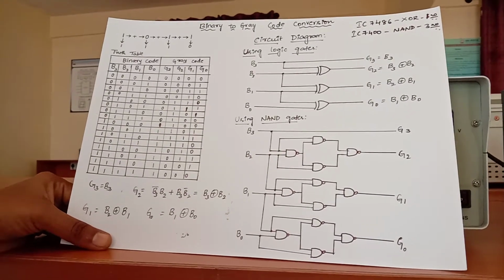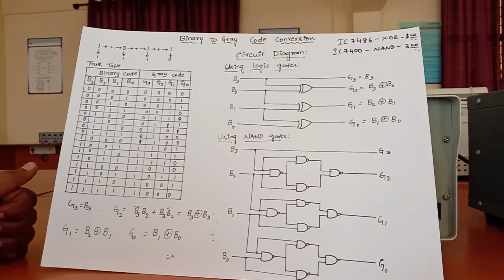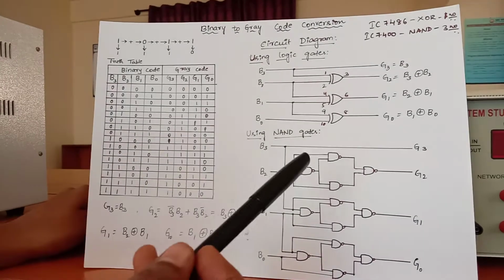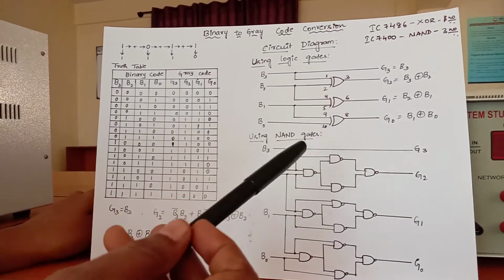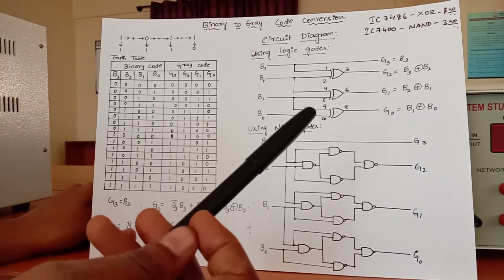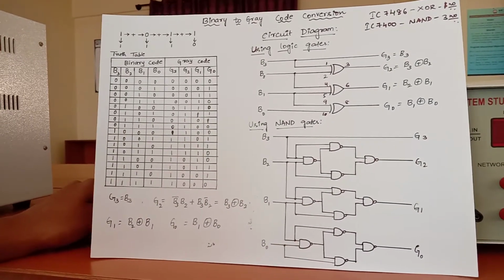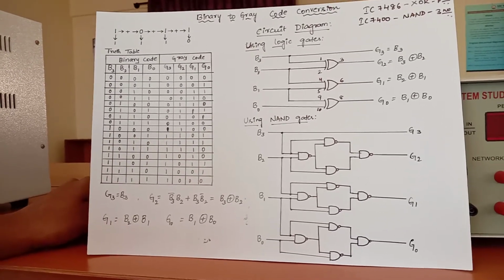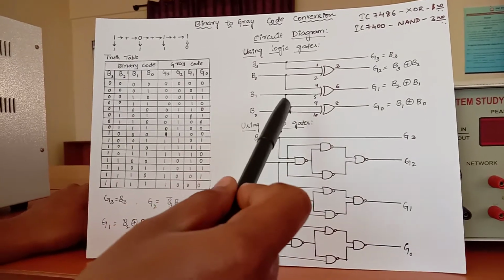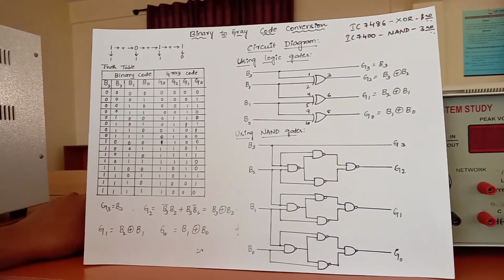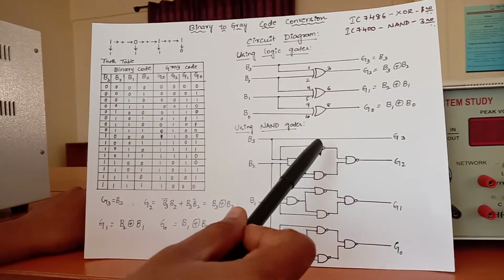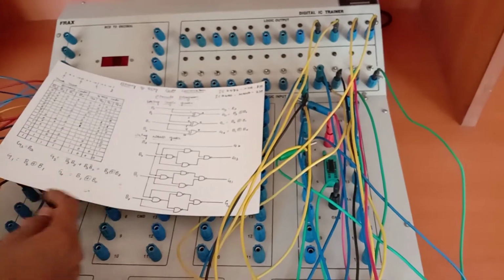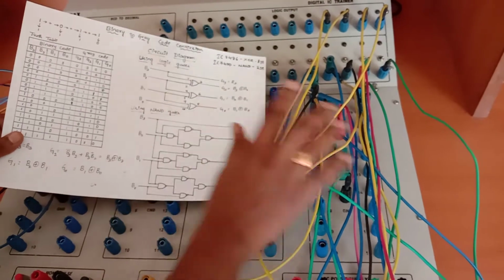Now we'll rig up the circuit. As the XOR gate is used, from the logic gate we got to know that we'll be using the XOR gate, and the IC number for the XOR gate is 7486. We require only one IC because it contains 4 XOR gates in itself. Therefore one IC is required, and we can write the pin numbers by looking at the IC data sheet. I have written the pin numbers also, according to which I will be connecting the circuit. According to this circuit diagram, we have rigged up the circuit.